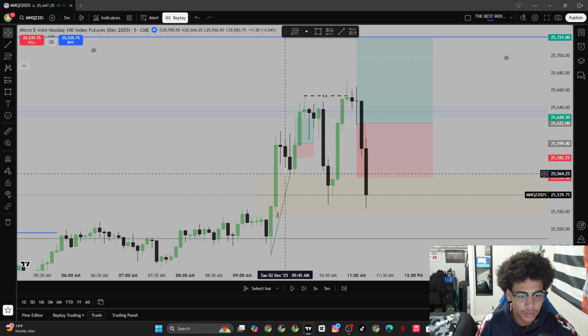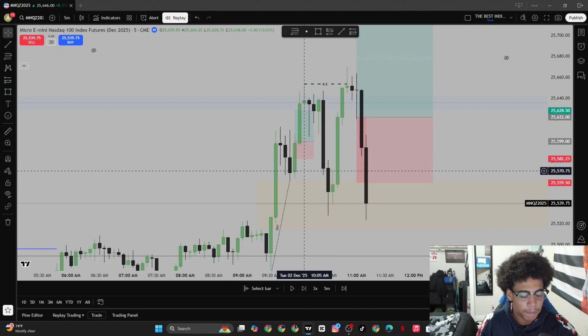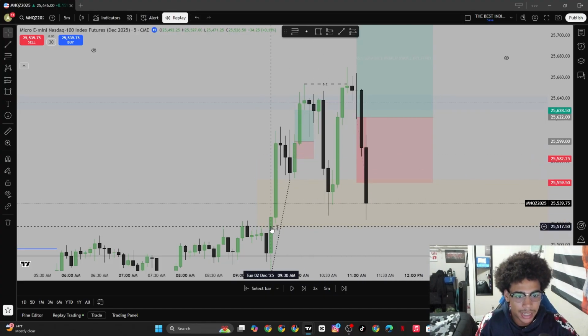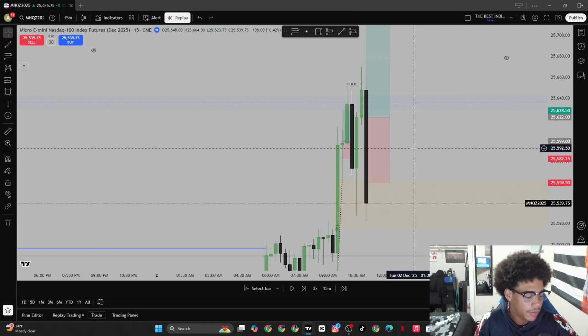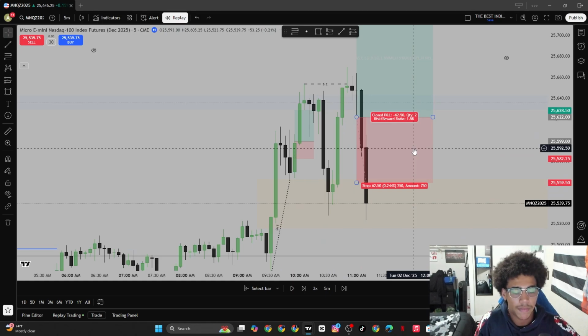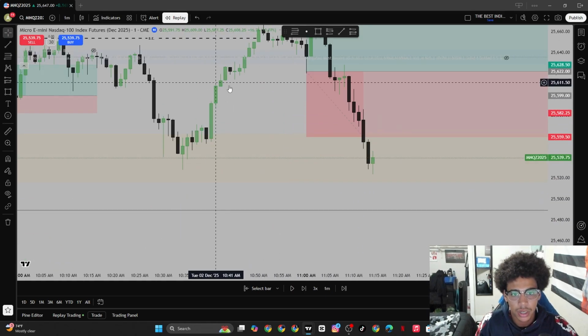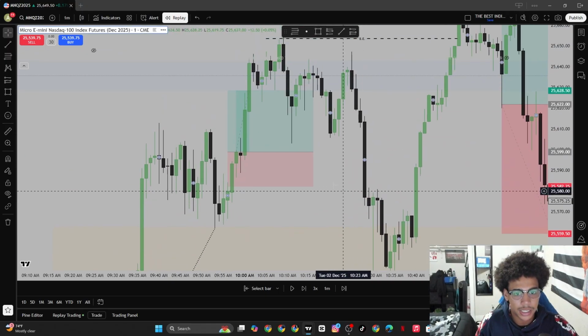NQ is sitting inside this fair value gap while ES is very bearish, right? So at this point in time, this is what your focus should be. You don't need this discount fair value gap anymore. You don't need that, right? And you don't even need, for example, this 15-minute that was opening up. You don't even need that, because we have all the manipulation down here on the other index, and we have this SMT between NQ. So once I see that SMT, and then I see us start to get this inversion,